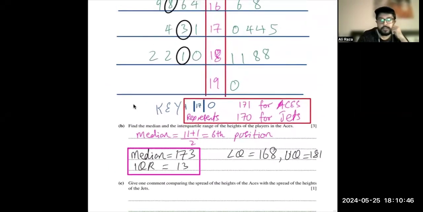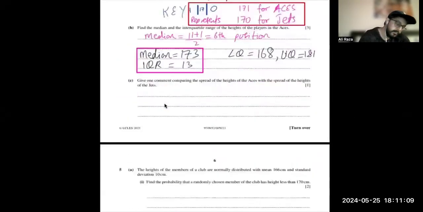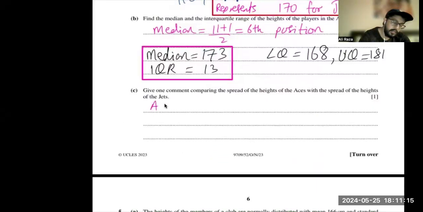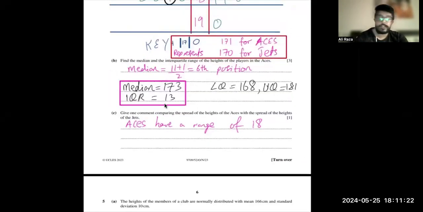In part C, we need to comment on the spread of the heights of the aces with the spread of the heights of the jets. So for this question, we can either compare the interquartile range or the range of the data sets for both these data values. So aces have the lowest value of 164 and the highest value of 182. So aces have a range of 18 values from 164 to 182,